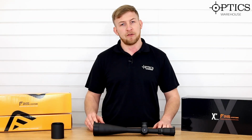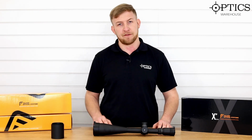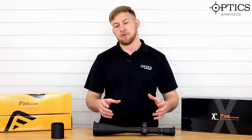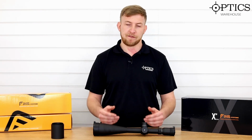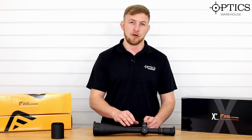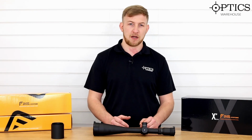So once again, another continuation on our recapping videos. We're going to go over the Falcon X50. Obviously there are a few models of these, but this one here today is the LR version. The only thing that really changes between the LR and the field target is your focusing distance. So your field target comes down to 9 meters and goes out to around about 300 yards, 300 meters. The long range version comes down to 10 meters, so around about 11 to 12 yards, and goes out to